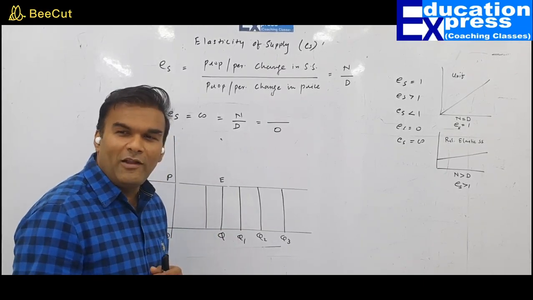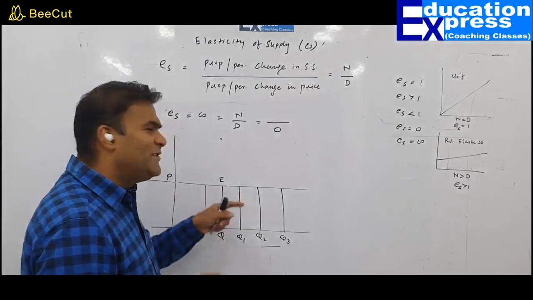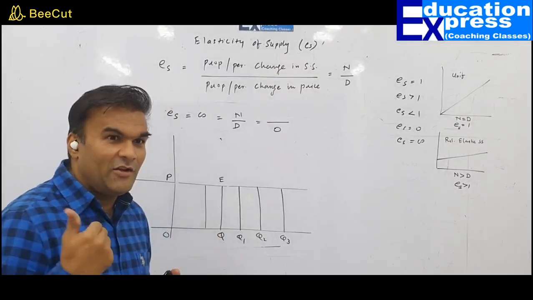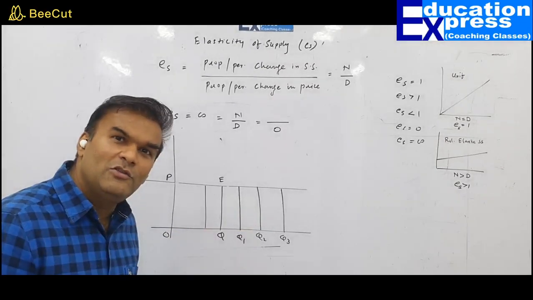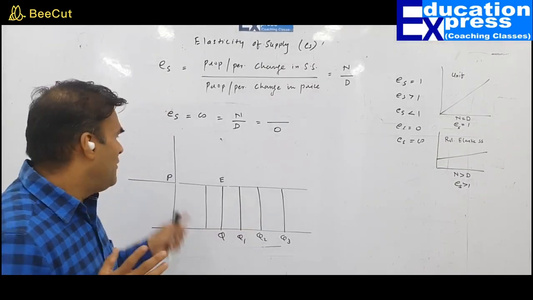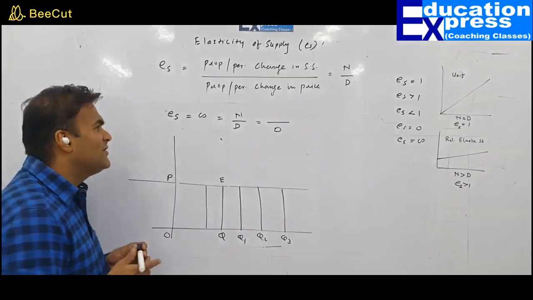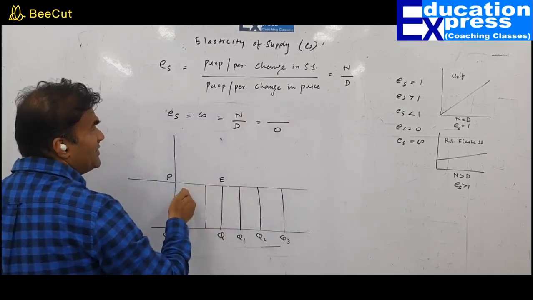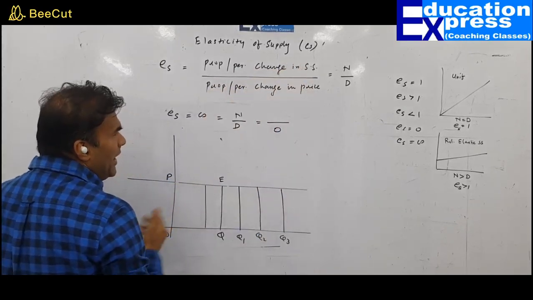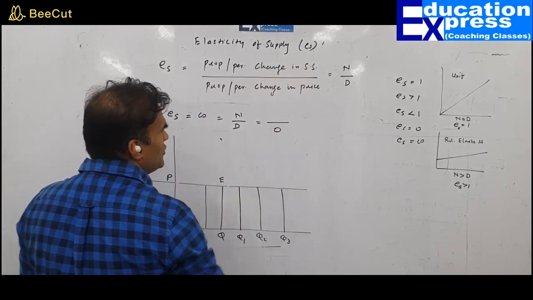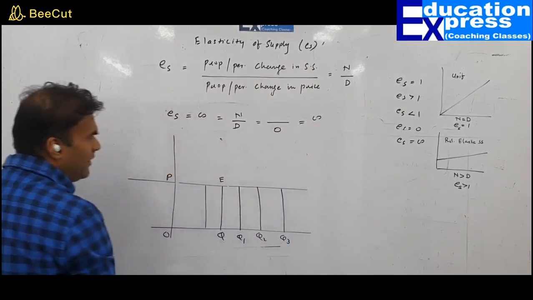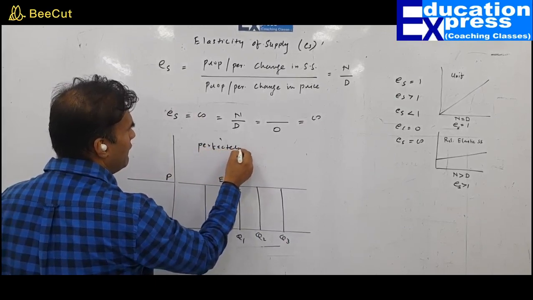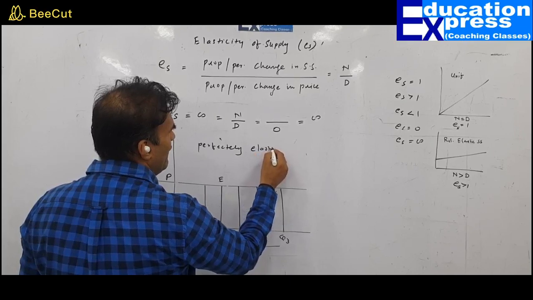That is one particular model where you can think, yes sir, price remained the same, and my supply did change. Supply has risen also, and it fell also. But price didn't play any role in it. Price remained the same. So basically, no change in price, but there is a change in supply. As a result of which, this is 0. So that is why this becomes infinite. And it is called perfectly elastic supply.